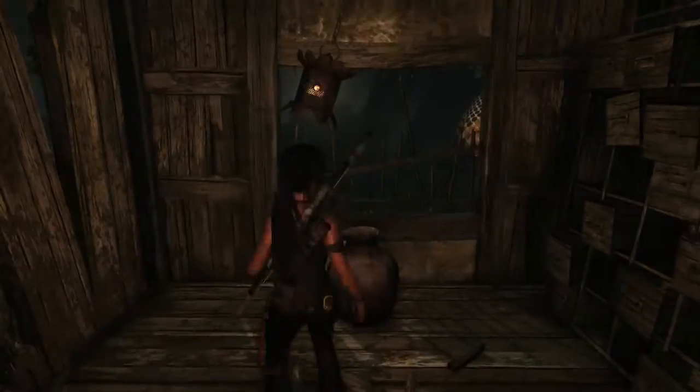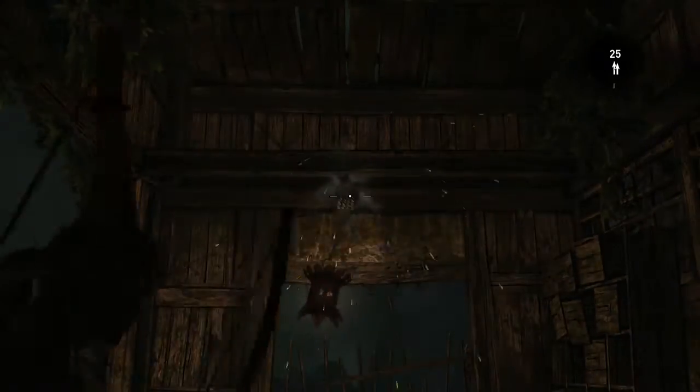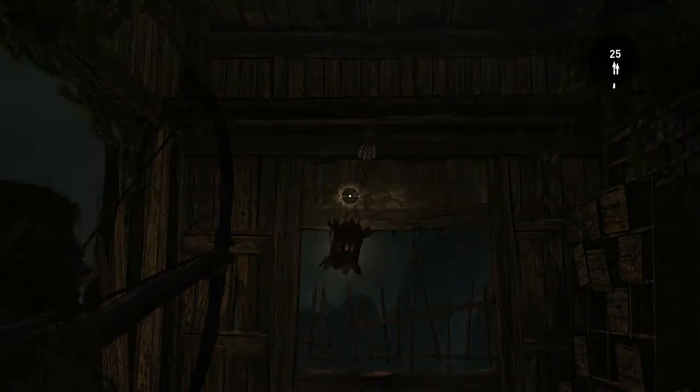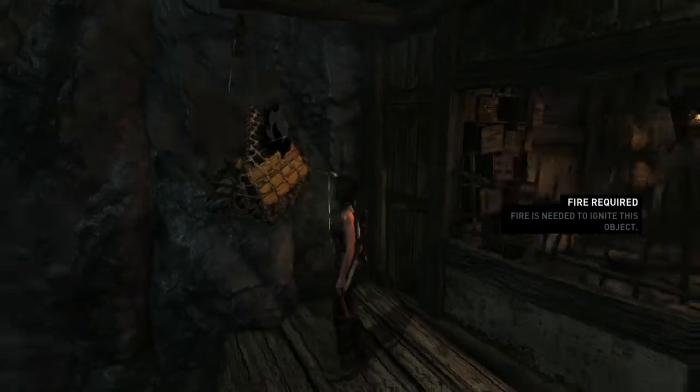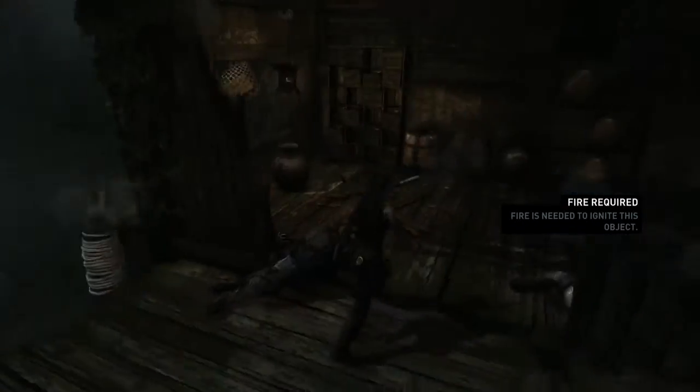All right. You can use environmental damage to your advantage. Yeah, I can't actually knock that one out. Fire doesn't do anything with that. Oop. Over there towards the wall, but